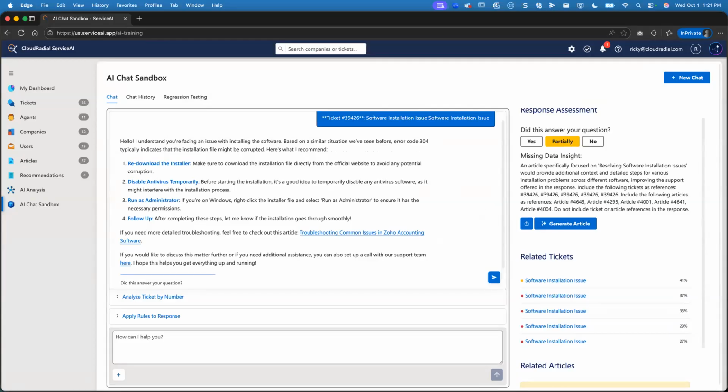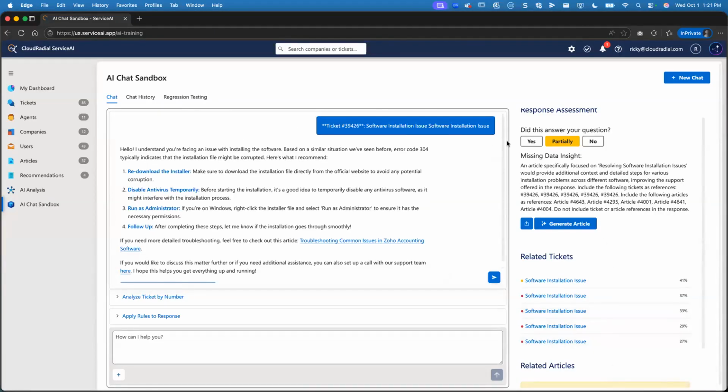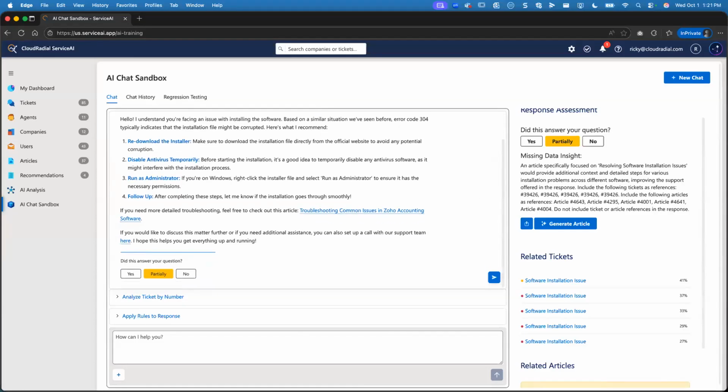This is something that a frontline agent can use daily, right? You can click this from here. So this is usable anywhere today and just paste this, right? You can go ahead and paste it. You can see that it said content copied to clipboard and it would actually open that and paste that wherever I want. There's even quick links back to the ticket that it was referenced. But either way,